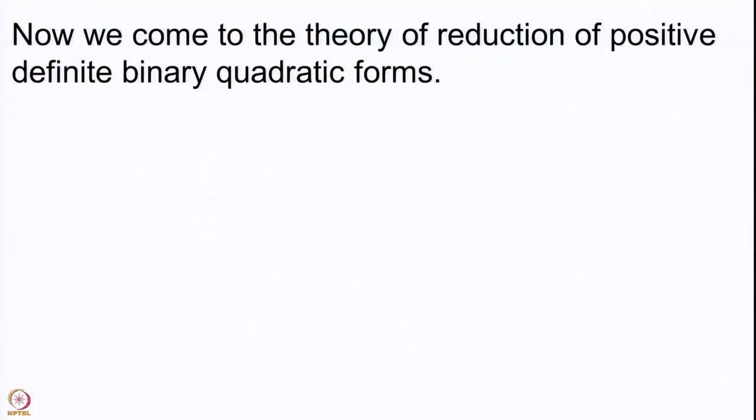So, now we are going to look at the theory of transforming a form to a simpler form. So, what is a simpler form? We have not made this concept very clear yet. We will give this concept also, but we are going to introduce 2 very important transformations. This is the theory which is called the theory of reduction of integral binary forms, but we are going to restrict ourselves to only positive definite forms.